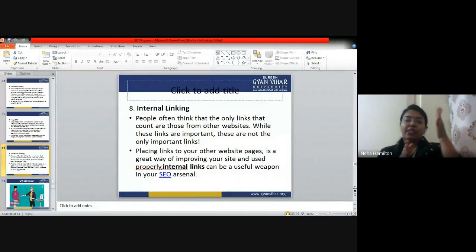Okay, so for example, this is one page, this is a second page. If they are not connected to each other, the crawler will go to some other page. They will not come to this page. If these two pages are connected to each other through hyperlinks, then the crawler will come to this page. From the hyperlink, the crawler will go to the second page, and accordingly, they will move from one page to another and they will cover your whole website, right?